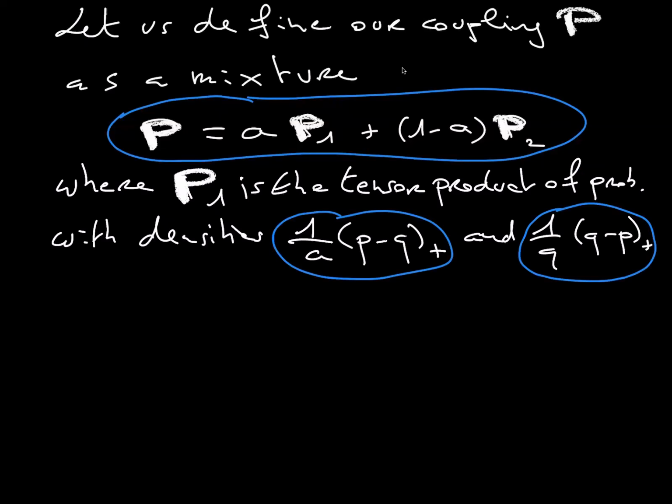So remember that the integral of P minus Q positive part is equal to A. So this makes this function a density. And you take the product of this probability measure with the other one, which is the reverse in some sense, that is,